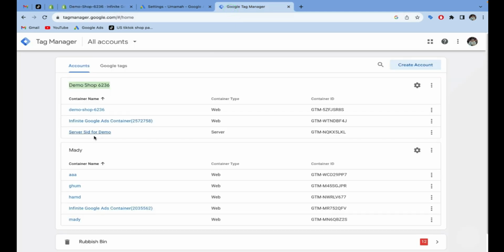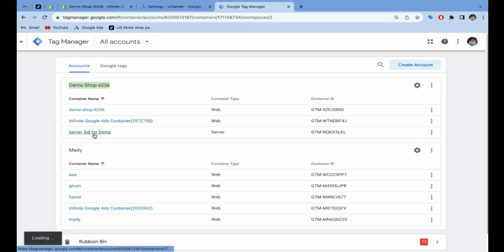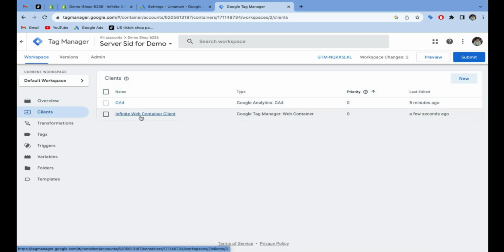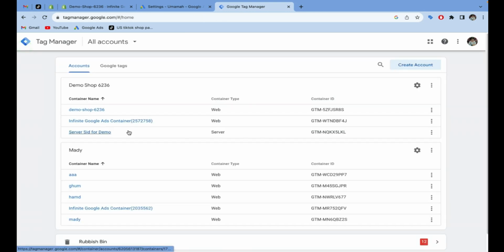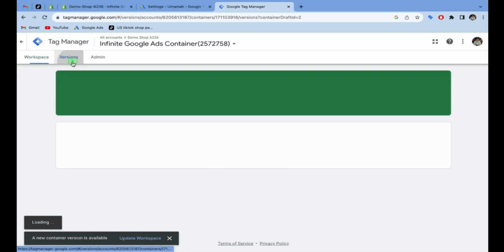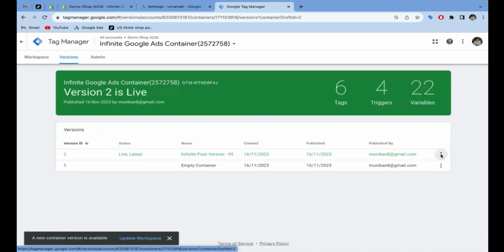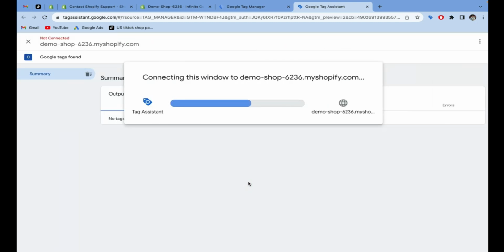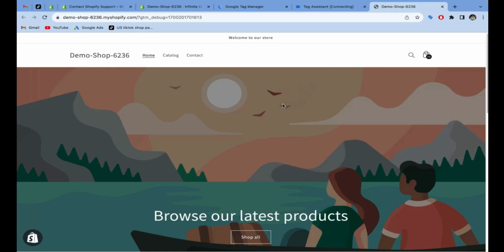Now let's move to Google Tag Manager. Here is our server side. Let me show you. Click on clients. You can see here is our infinite web container that is created through server side. And if you want to check the preview, you can simply click on the browser side container, as preview is displayed through browser side. In our live version, click on preview, connect your store URL and perform any activity in